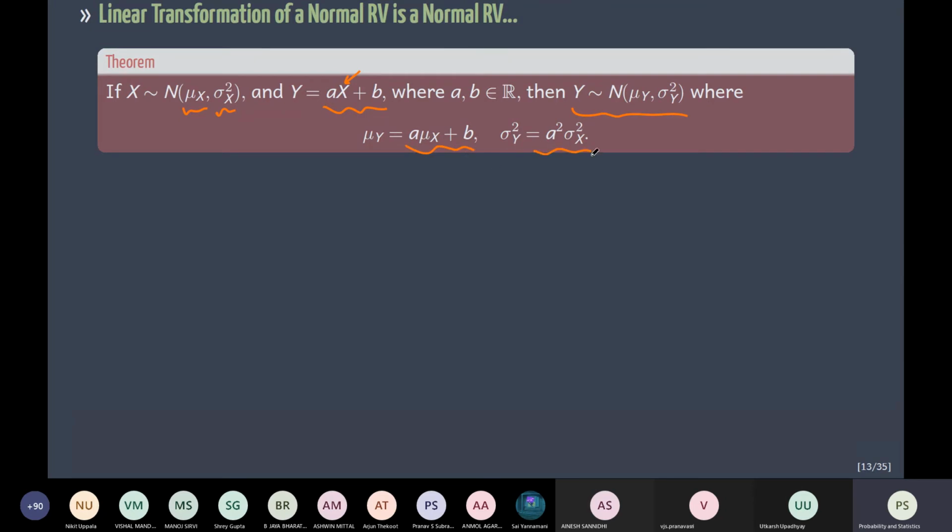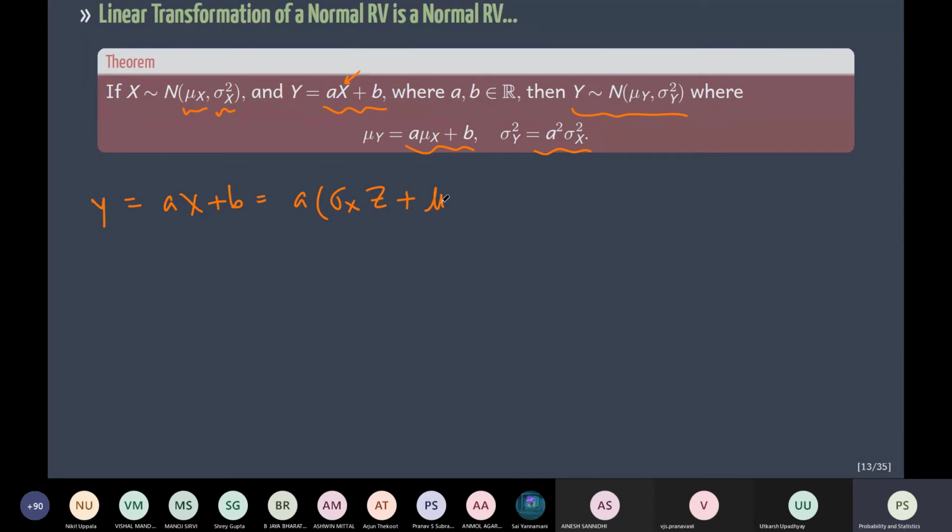This will be a squared sigma x squared, and so on. Here it's very straightforward. Y is given as a x plus b, and this is nothing but a sigma x z plus